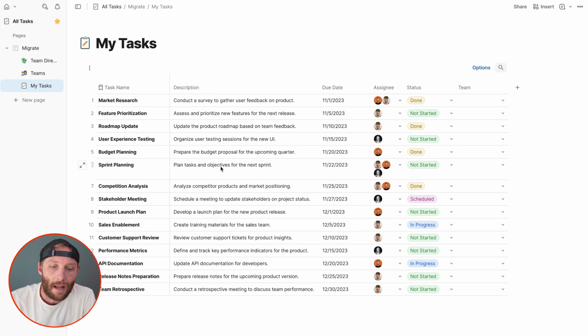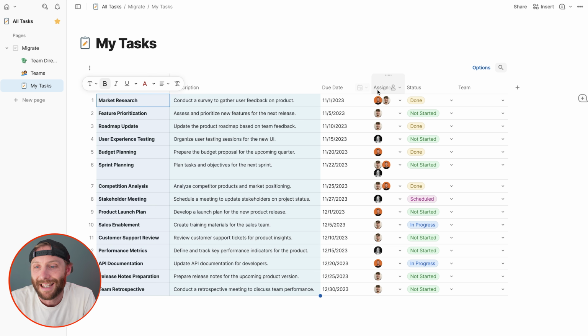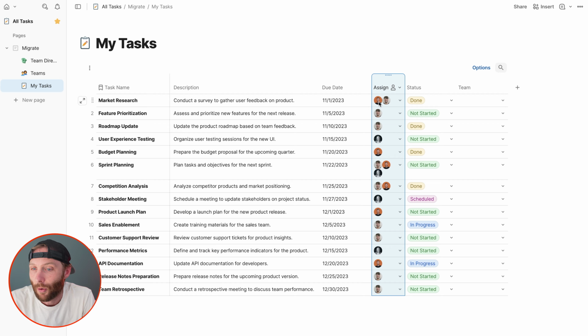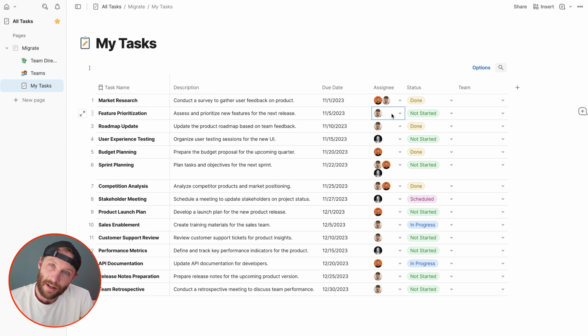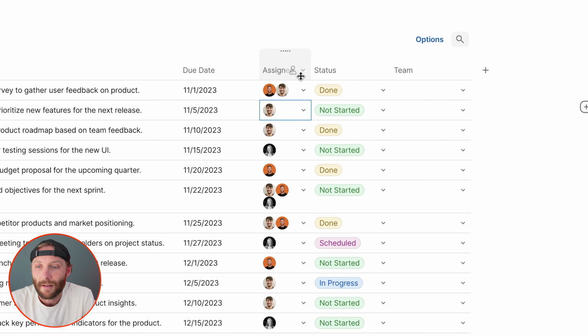All right, so here in the page, I have a My Tasks table. This My Tasks table obviously is not just my tasks yet. You'll see here that in the assignee column, I am this little orange bubble. That's me, Scott Weir. A lot of these tasks aren't mine. In order to make this relevant to me as the viewer or the user, you can simply come here to